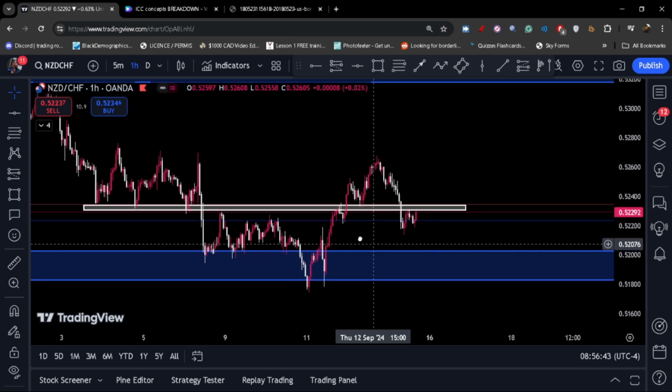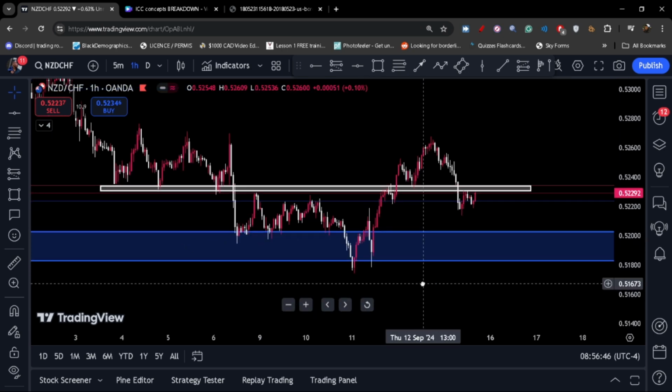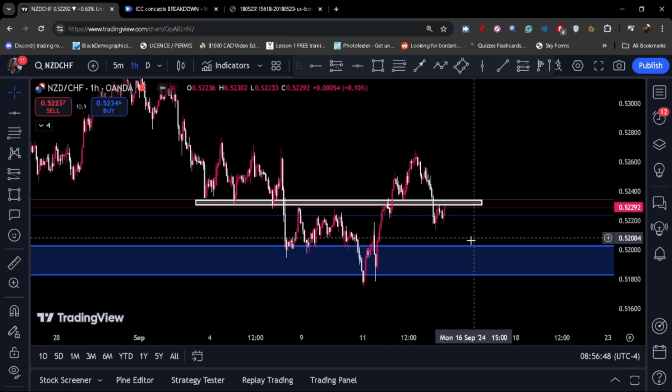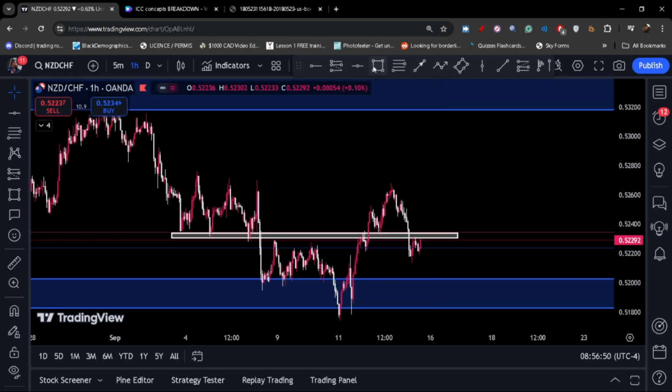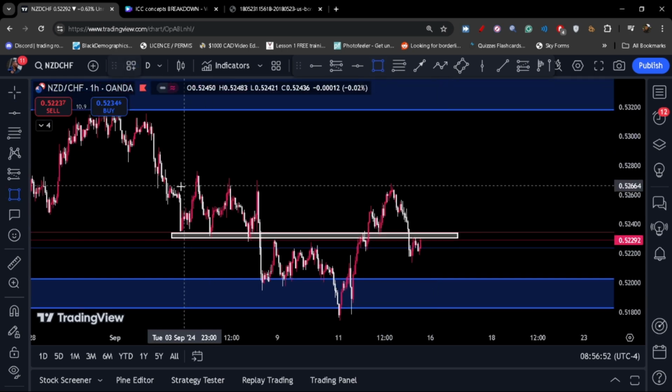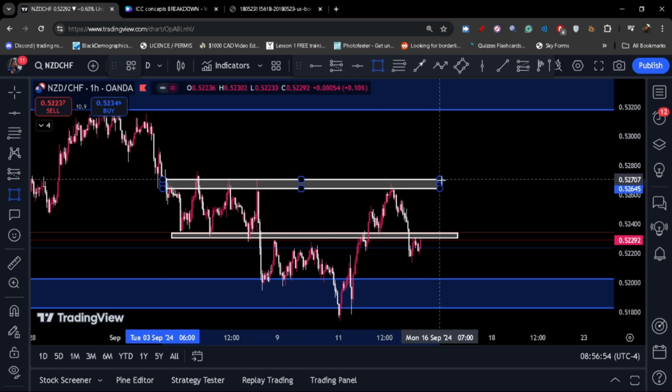But at the end of the day, it's all about chart time, right? Another example again I can see is something here. So boom, something like this,